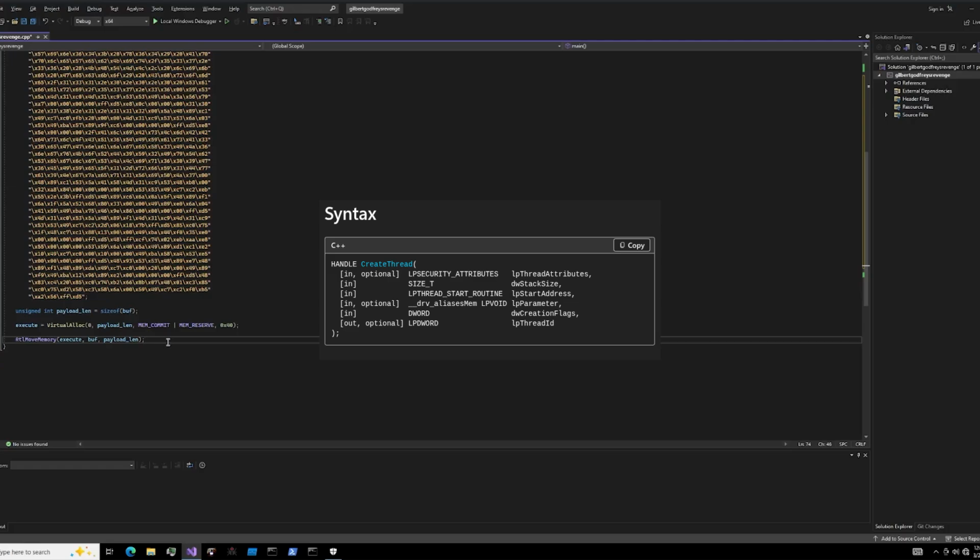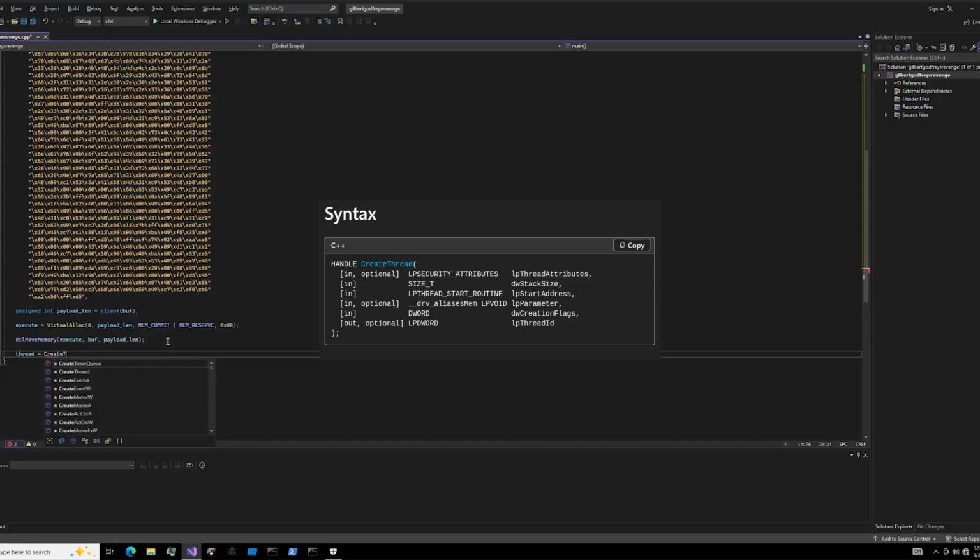So looking at the API documentation, we see that it requires to set security attributes. We do not need this, so 0. Set the stack size. Actually, let me try this differently. Let's walk through this as I write it. Thread equals